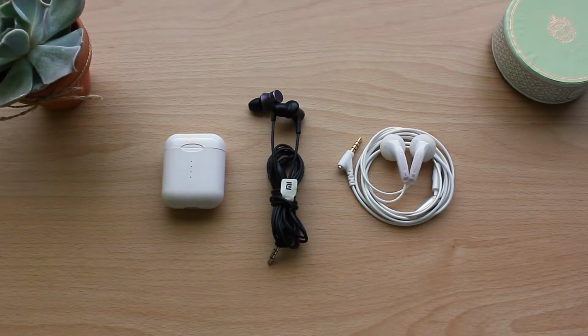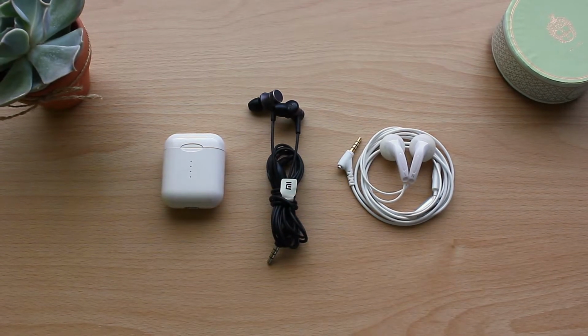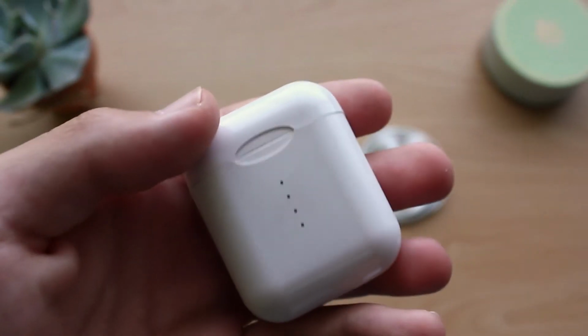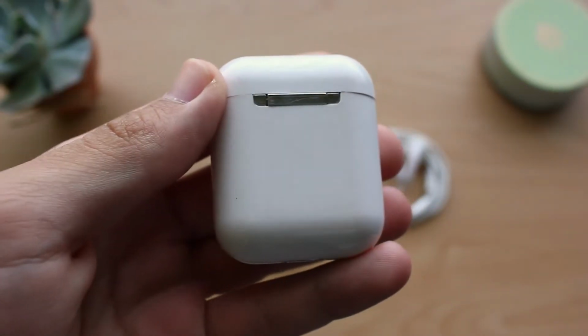Moving on to my earphones, before you call me crazy, yes, I carry 3 pairs, but there's a reason for that. Most of the time, I just use these fake wireless AirPods, the i10 TWS. They're not perfect, but they're great to be quite honest, especially taking into account I only paid 15 euros for